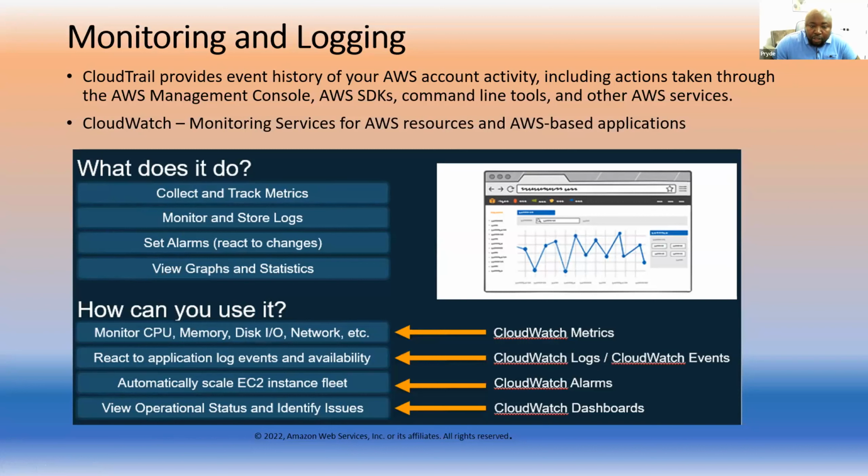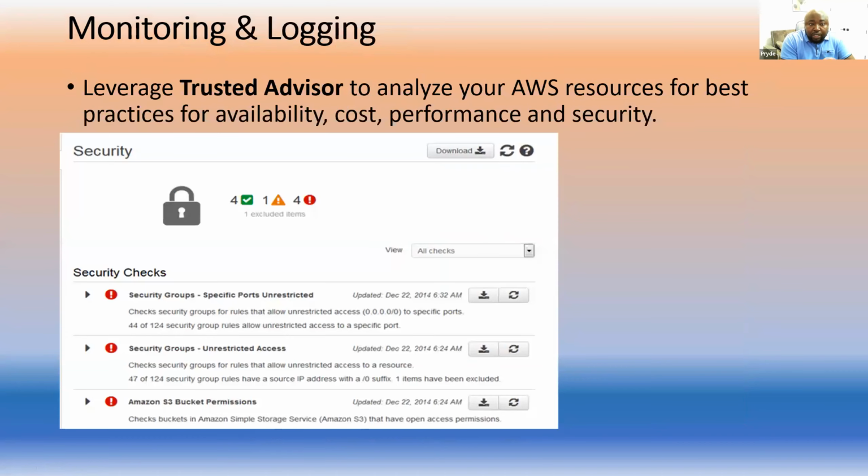And through CloudWatch alarms, you can automatically scale your EC2 instance fleet, which is one of the basic requirements of why there's cloud computing at all. That's scaling, availability, and resiliency. Okay, all right. So the next thing I would like us to look at is